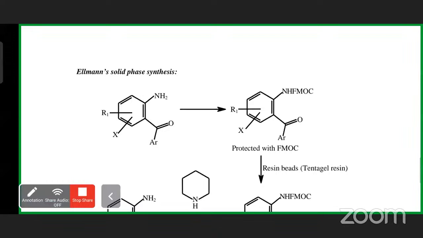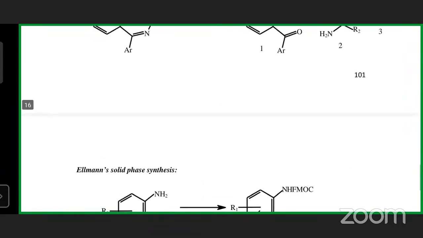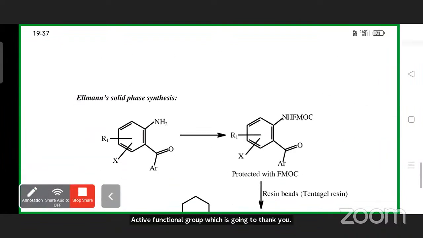The reactive group, or the active functional group, is going to react with your linker,